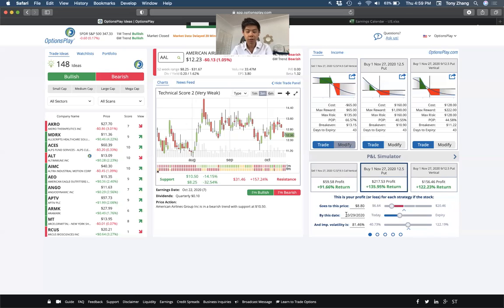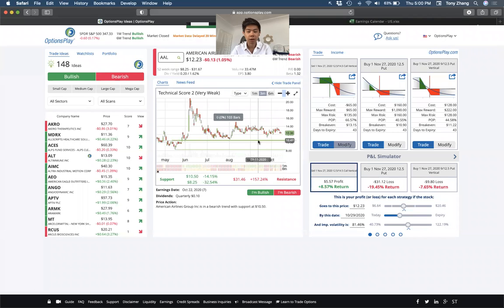So October 29th, a week after earnings, let's say American Airlines, which is trading at about 12 bucks right now, maybe misses earnings and trades back down to the lower end of the range, maybe $11.50. Now, American Airlines is trading at a very, very volatile 81% implied volatility. That is a lot of implied volatility. So let's say that comes down into the 60s or so. Again, this is just a rough estimate as to what you can expect. But as you can see here, if American Airlines declines to about $11.50, it's about an 8% decline